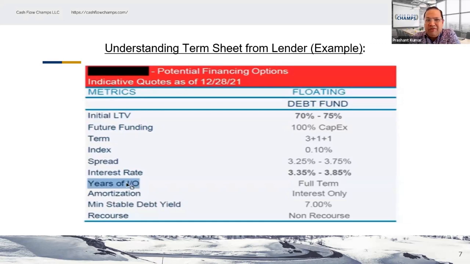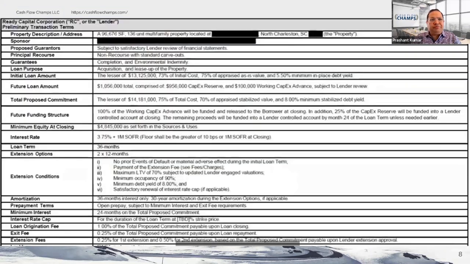And remember that indicative quotes and term sheets from the lender are not final. These are not final commitments for the loan. These are only, number one, from the broker, number two, from the lender, that yes, the lender is interested in giving you the loan for this property, right? So once the lender underwrites, then the lender issues the commitment, and we'll talk about that in subsequent slides, but feel free to ask any questions.